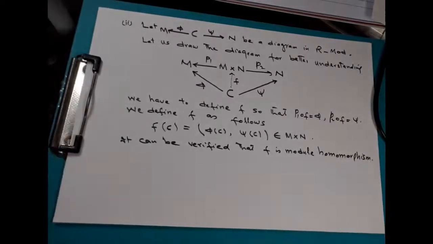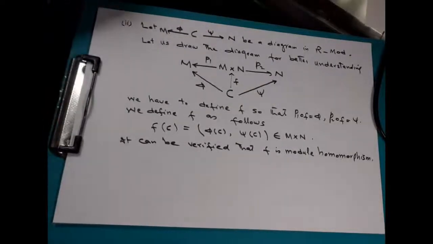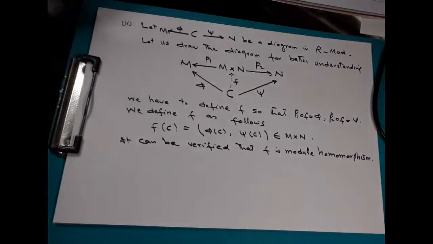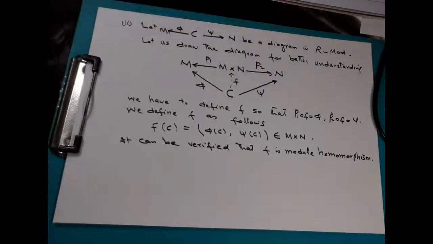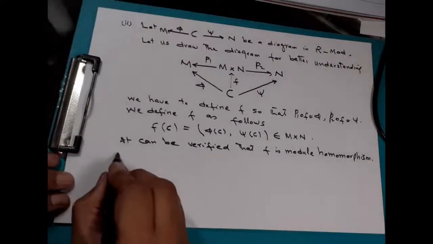So this is the way we have defined F. Now we have to prove that the diagram commutes, and then we will come to uniqueness. Just note that we have done commutativity. It is the same as we have done in case of sets. So it can be easily seen that